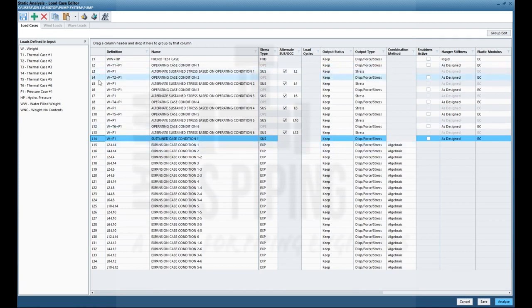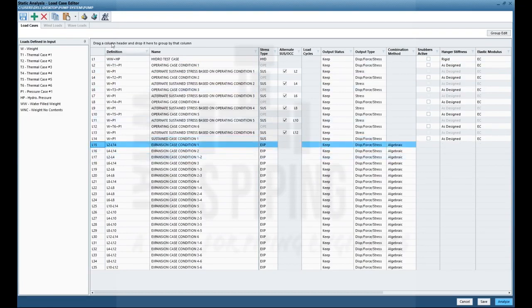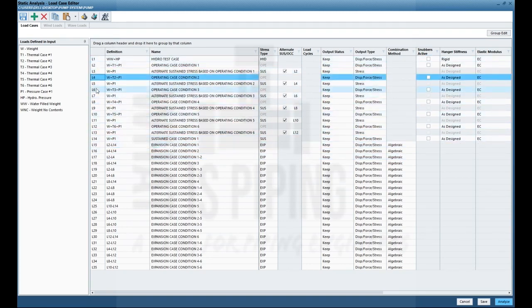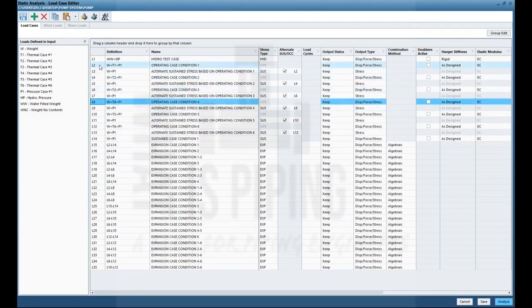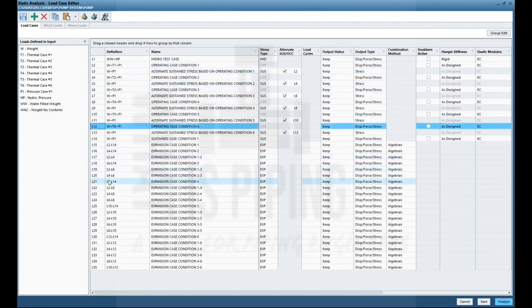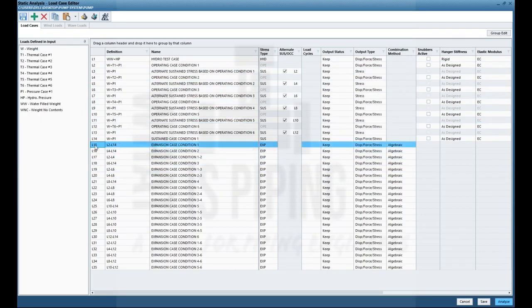Now whatever temperature cases we have used here, from those cases the sustained will be deducted to create the expansion or thermal load cases. Now CAESAR II by default creates all possible load cases considering the defined temperatures. Means T1, T2 up to T6 we have used. Based on that, this many, L5 to L35, means around 20 load cases, expansion type load cases, CAESAR II by default automatically creates.